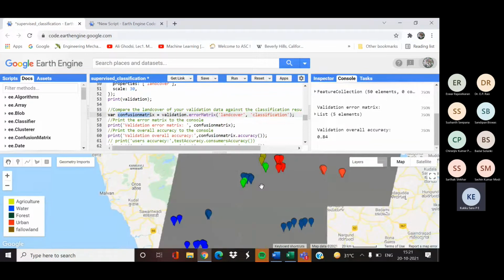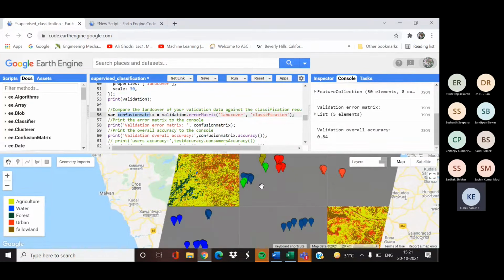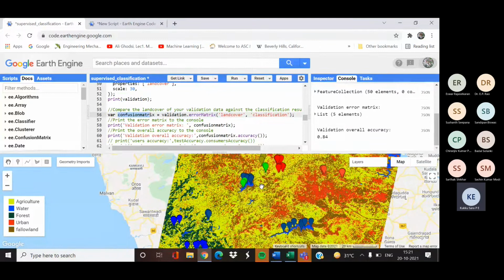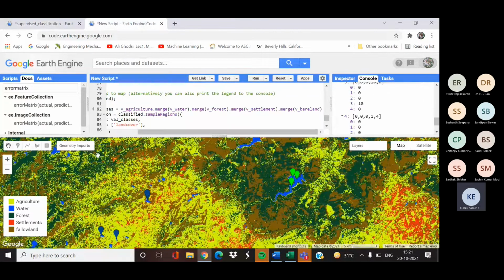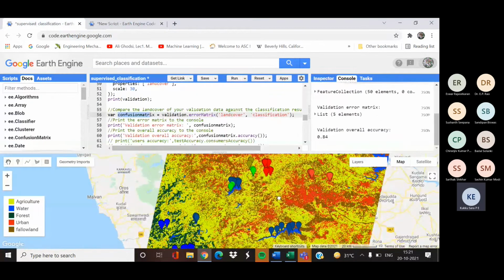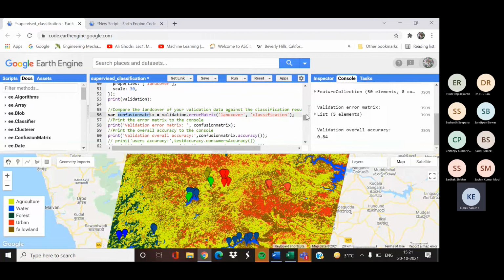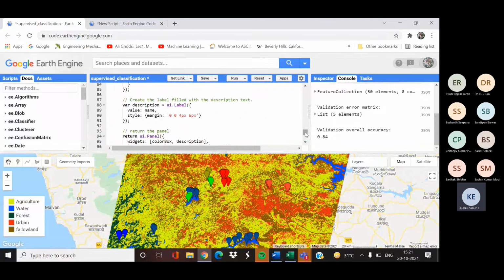When you take more training pixels for classification, your accuracy will be higher. Here I have taken very few training points only, so when you do your assignment, take more training points.